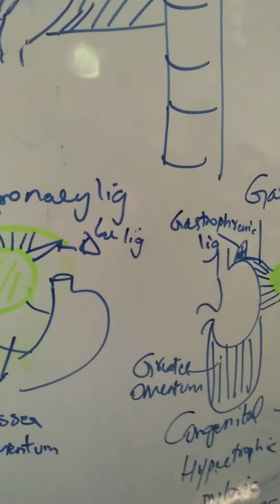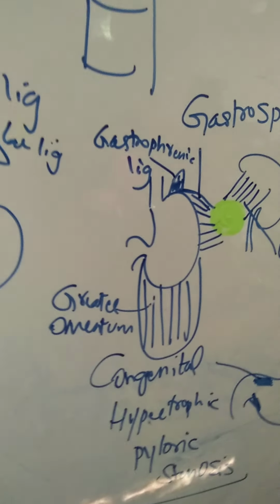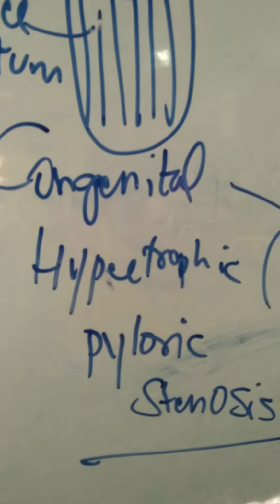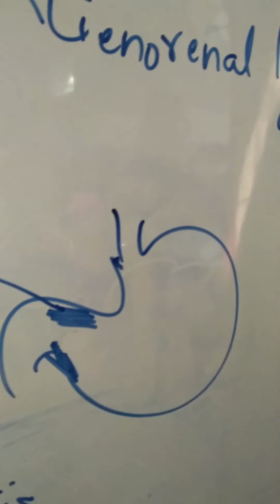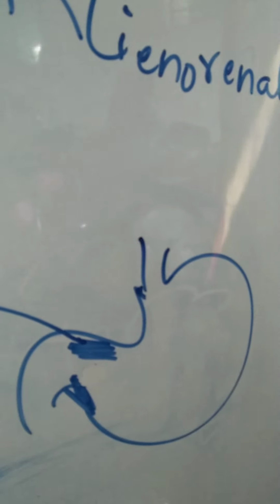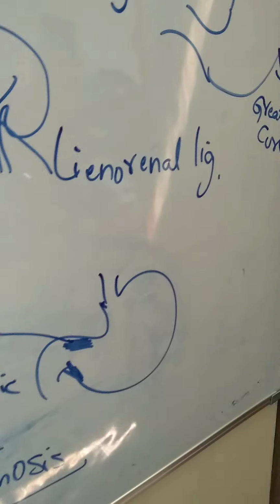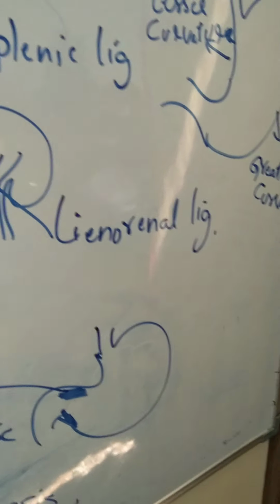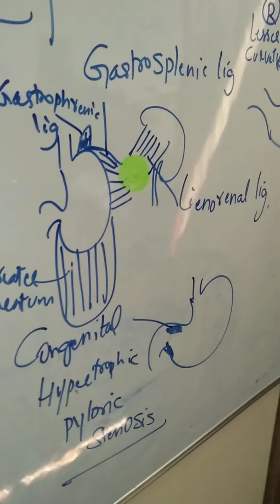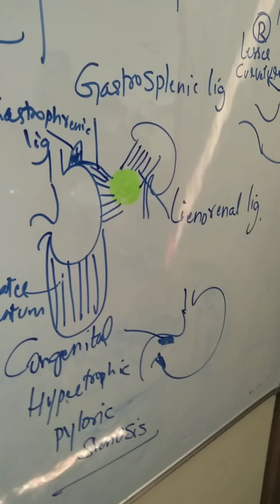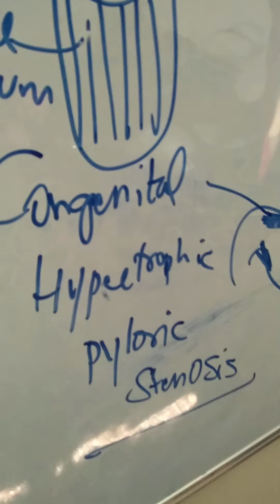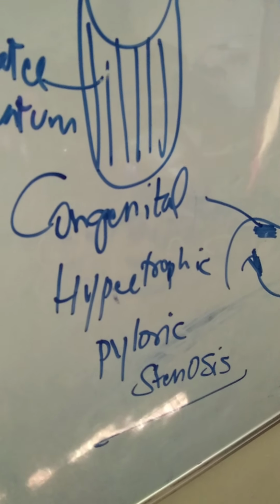So coming to the congenital anomaly: congenital hypertrophic pyloric stenosis. So what is this? This is the stomach. You can see the pyloric sphincter. That is the inner circular layer of smooth muscle, of any part of the GIT. Over here it has thickened to form the pyloric sphincter. If it becomes too abundant, the circular layer becomes hypertrophied, meaning an increase in cell size. It is called congenital hypertrophic pyloric stenosis.